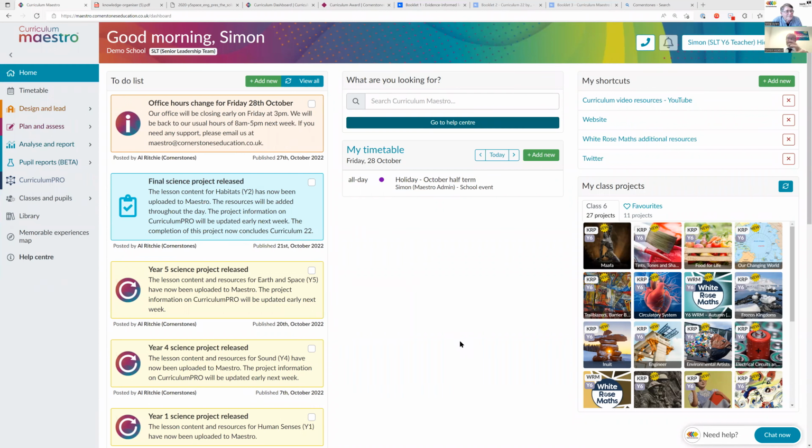It's an online platform. It houses all the Cornerstones content as well. So schools can say, right, we want to come for content and we want a whole fully sequenced, interlinked curriculum, or they can say, right, we've got a curriculum, we want to put it on a platform to be able to manage it, to monitor, to analyze, to be able to assess our curriculum, or a hybrid of both. Yes. So this is Maestro. As you can see, it's half-term holiday now.